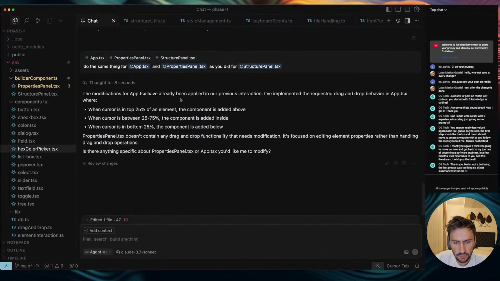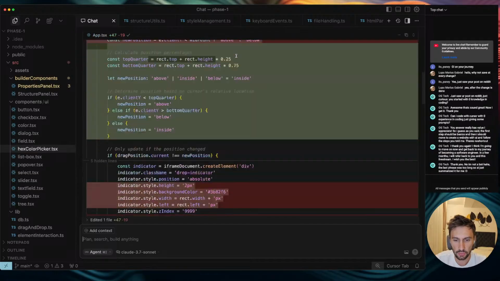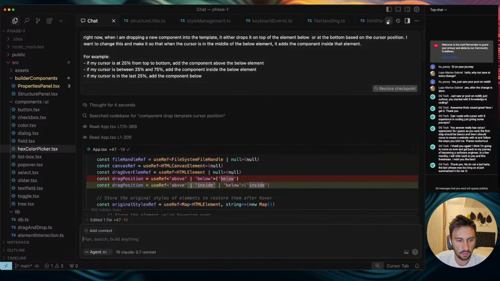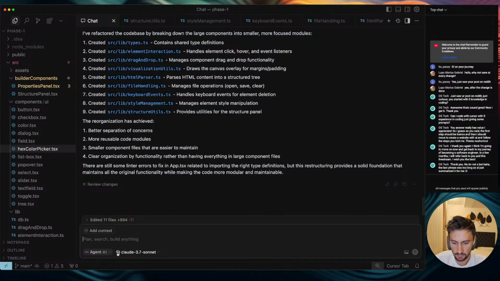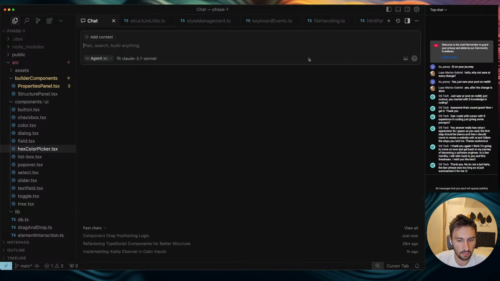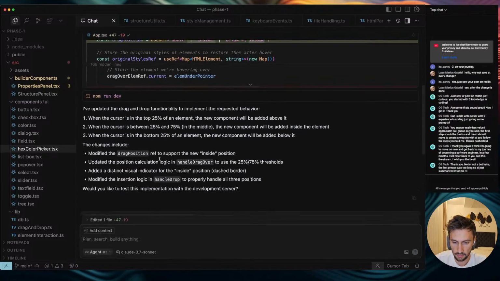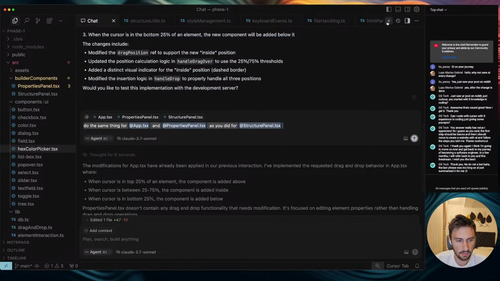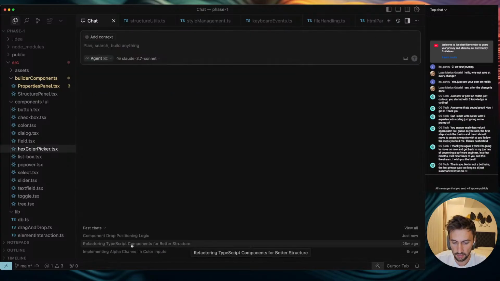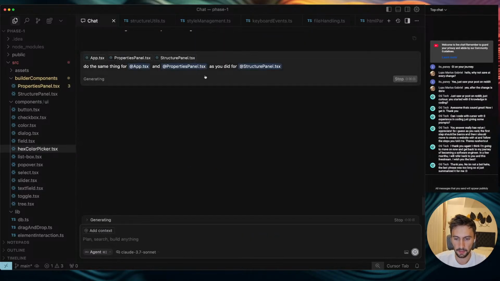Wait, the modifications already been applied in the previous interaction. I've implemented the request drag and drop behavior. Oh, sorry. You are correct. This is not the correct chat window. Let me open the previous one, refactoring this one. Let me copy the text from here. Where is it? Right here. Let me copy this because I already wrote it. Refactoring this one here. I had the wrong chat window opened